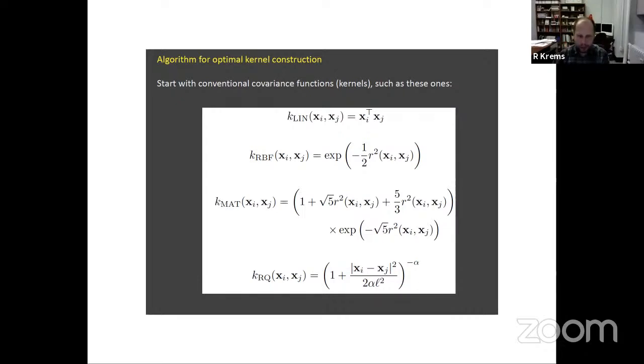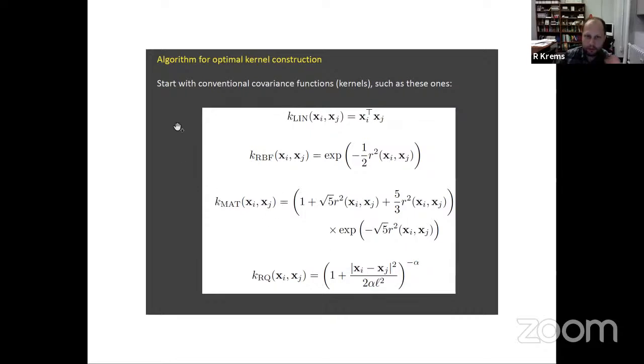And of course, you need to make it accurate. One way to make a Gaussian process accurate is by including more training points. Because this is a Bayesian approach, the more training data you include, the better your Gaussian processes will become. That's guaranteed. But we are interested in a different problem: where you have a restricted number of training points, and we want to make Gaussian processes better for a given set of training points, say 100 training points. So for that we need to make kernels better.